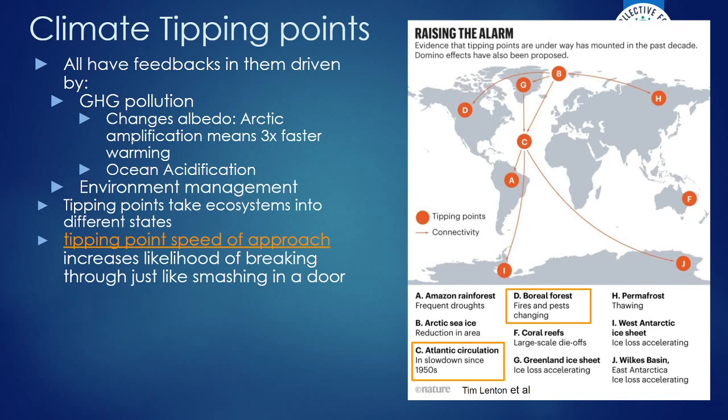So we've got the albedo effect that happened in the Arctic, where more energy hits that part of the world. Darker oceans soak more of it up, darker land soaks more of it up. That heats up the air, melts the ice more quickly. Also ocean acidification, you know, greenhouse gases make the oceans more acidic, make them less likely to be able to soak up carbon dioxide through biological processes and also through its flowing around the earth as it stratifies, as it warms up, and also through environment management, so damaging the environment.